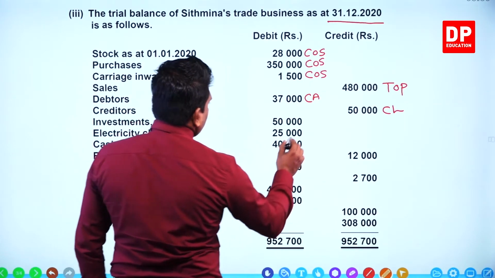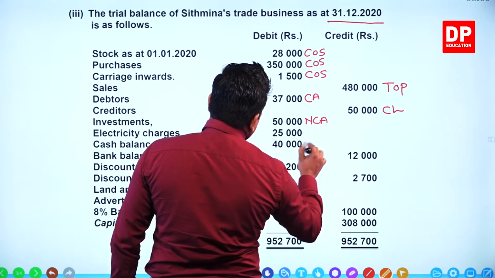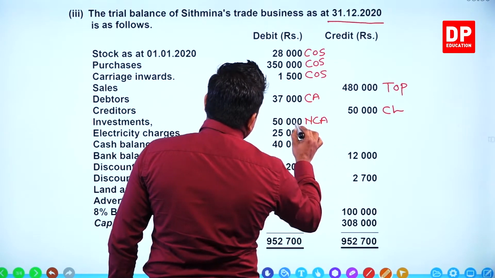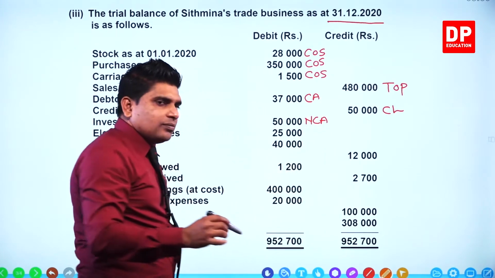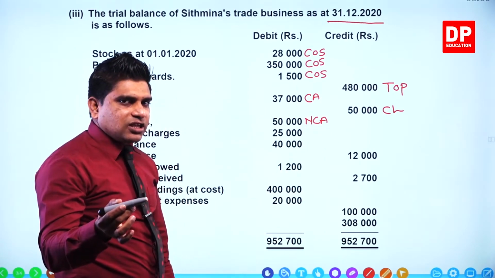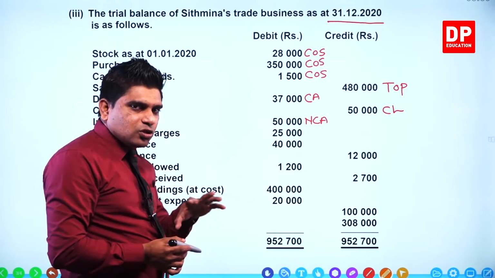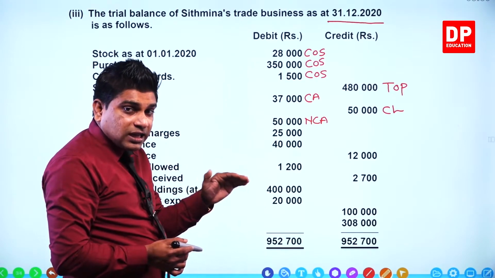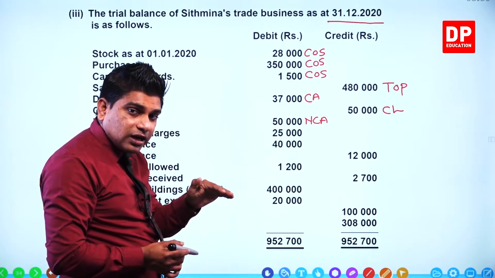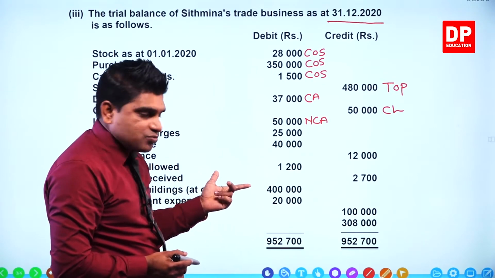Investment, non-current assets, but remember when you write this, don't write it under the tangible non-current assets category. It goes after the land, building, vehicles, those are the tangible assets. After you finish that, before you start the current assets, between non-current and current, there you write non-current assets, but it is intangible, right?